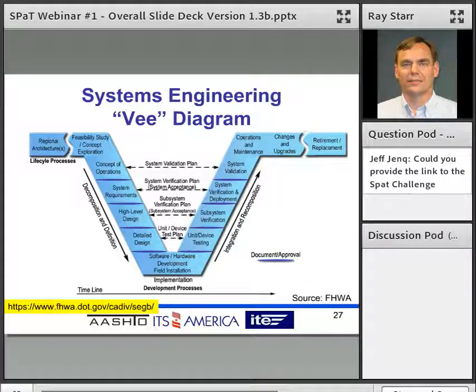I went through the system engineering V diagram. Remind you again, there's that link if you want to see the guidebook. And then Dean Dieter